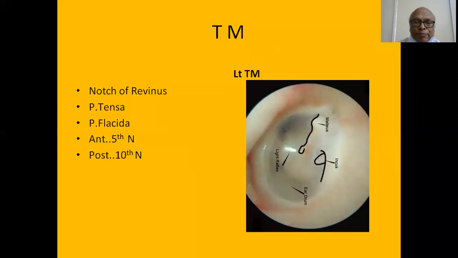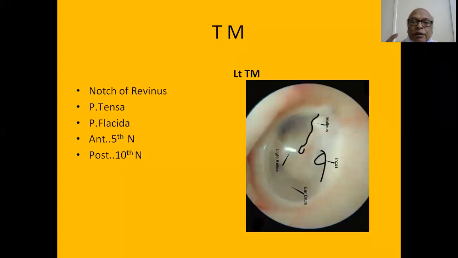Coming to the tympanic membrane. The tympanic membrane is an oval, pinkish, thin membrane that separates the external ear from the middle ear cavity. As we all know, the ear is situated in the temporal bone, which lies on either side of the head. The temporal bone has a mastoid portion, a tympanic portion, a squamous portion, a petrous portion medially, and a styloid process.